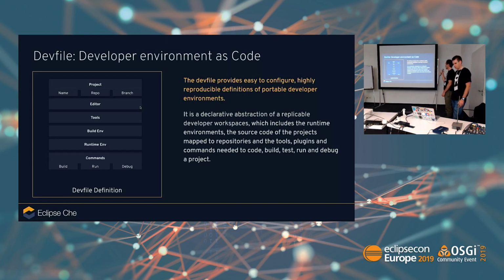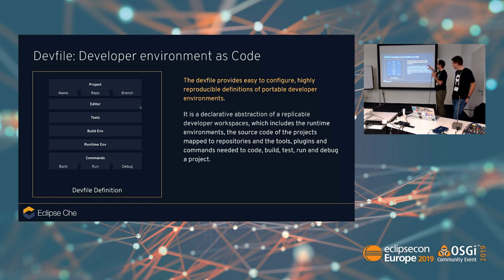But let's see the structure of a dev file. Fundamentally there are 3 parts in the dev file. The first part is the project, where you define your source code repository. That is optional. If you have your dev file in your GitHub repository already, you don't have to specify the source code repository as well.